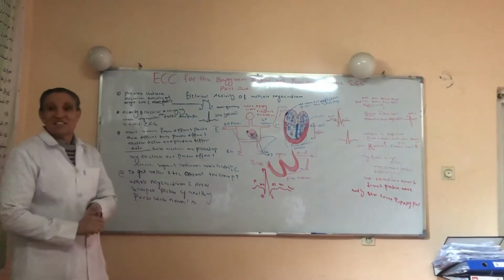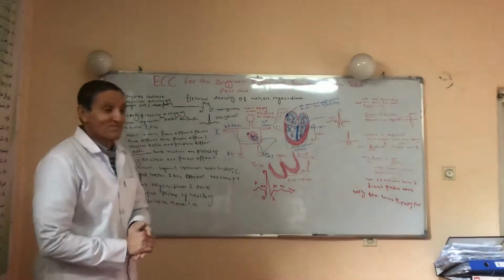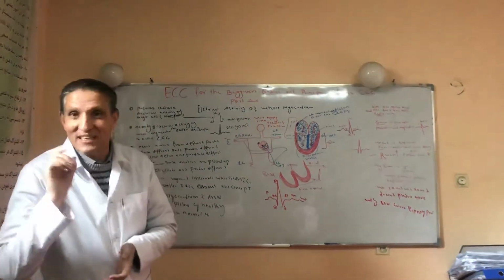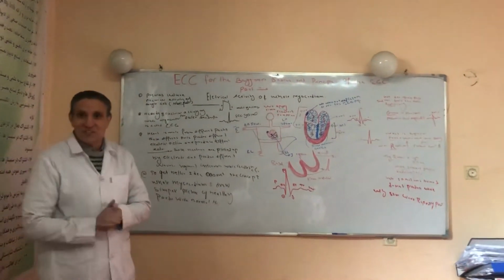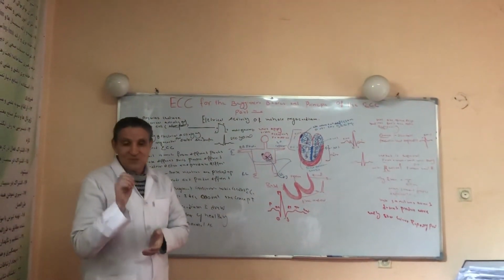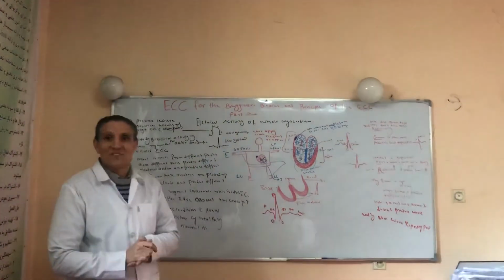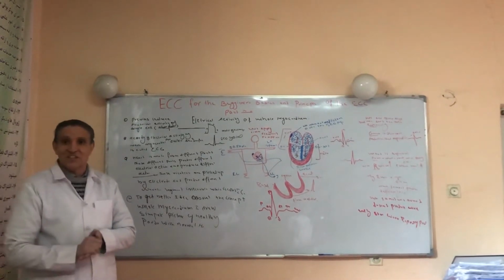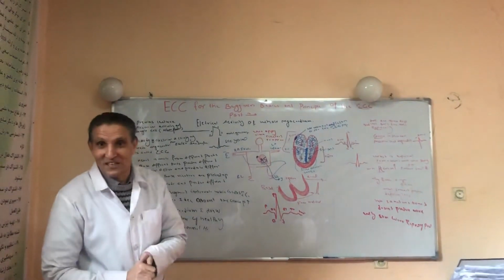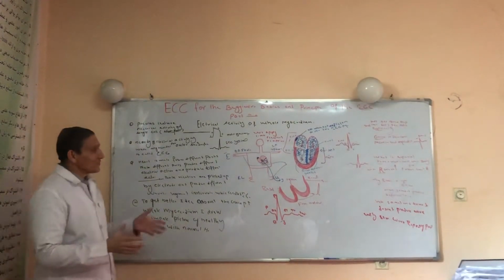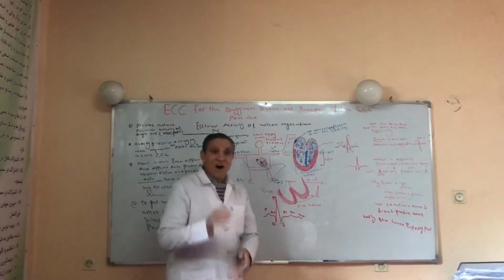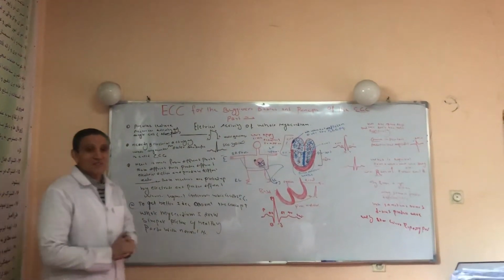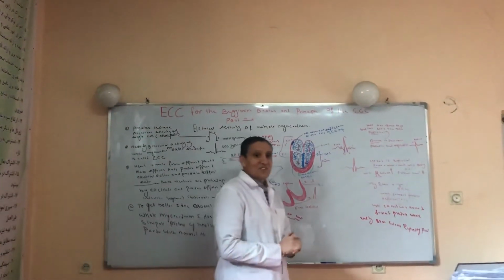Discussing the electrical activity of the whole myocardium. In the previous lecture, we discussed the electrical activity of a single cell, I mean the action potential. That means when we record the electrical activity of a single cell from inside the cell through a microelectrode, it is called the action potential. While when we record the electrical activity of the whole myocardium from the outer surface of the body, this is called ECG.